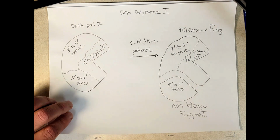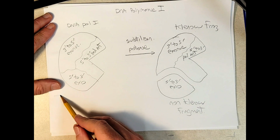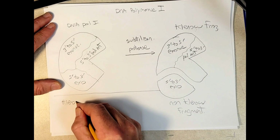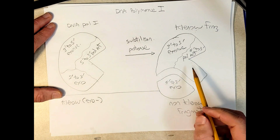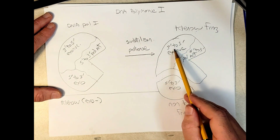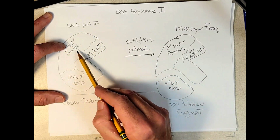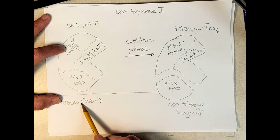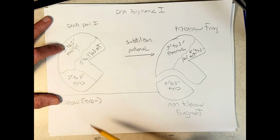So one more thing, actually, I can introduce this now. This would be a good time to do that. There is a version of the Klenow fragment called Klenow exo-. Now, I wish there was another protease that could just get rid of this, but Klenow exo- is just a mutant version of DNA polymerase 1 where this is no longer active. So essentially, if you get the Klenow fragment from a DNA polymerase that doesn't have a functional 3' to 5' exonuclease activity because of a mutation,